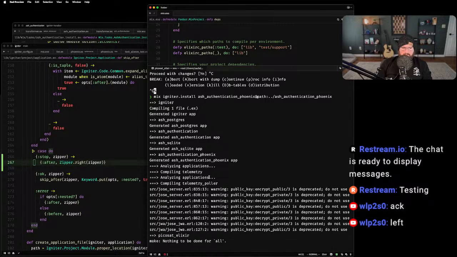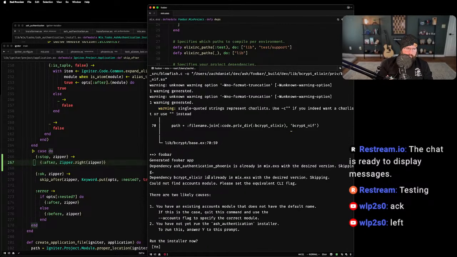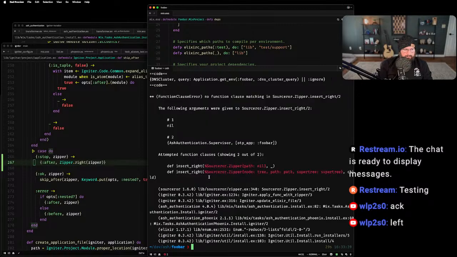A lot of working with zippers is trial and error. I mean, it doesn't have to be, but you're manipulating a relatively complex data structure, and a lot of times it's faster to just try to compose some tools together and see if it does what you think it's supposed to do than it is to visualize a 3D data structure basically. At least for me it is. I don't know. All right, run this installer.